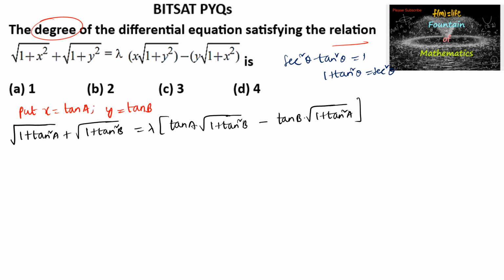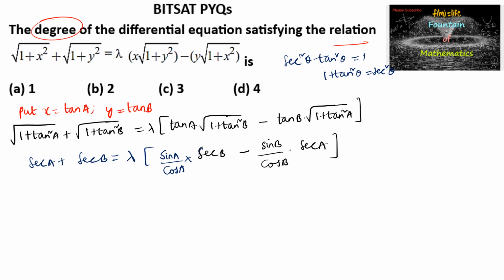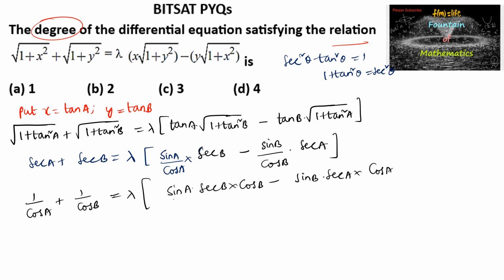So we can write root of 1 plus tan square A is secant A, plus secant B is equal to lambda times of tan A, you can write sin A divided by cos A into under root of 1 plus tan square B, secant B, that is 1 upon cos B, or we can write secant B minus tan B into, so we can write sin B upon cos B into under root of 1 plus tan square is secant A. So secant A we can write 1 upon cos A plus 1 upon cos B is equal to lambda times of sin A into secant B into cos B minus sin B into secant A into cos A divided by cos A cos B,